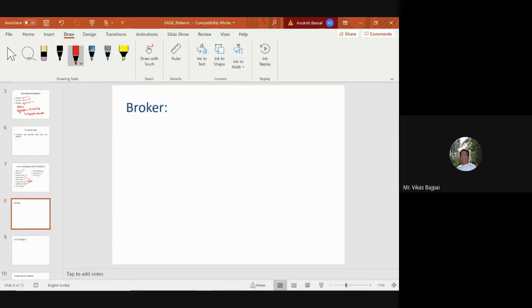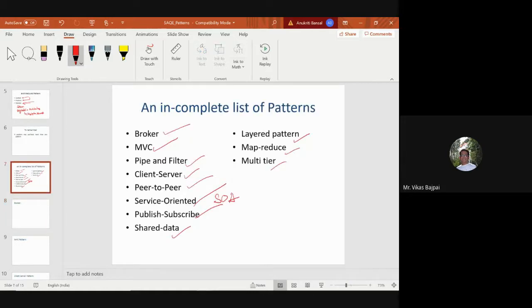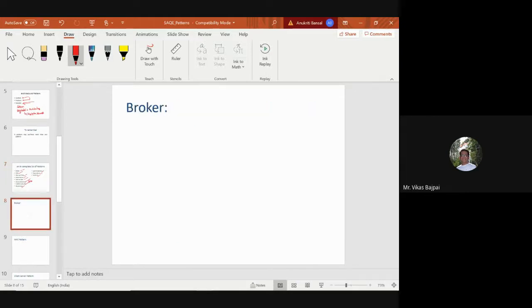Now, to start with, let's talk about your broker pattern. What we have here is a broker somewhere in between, and on this end I have, let's say, clients, and on this end I have, let's say, servers.